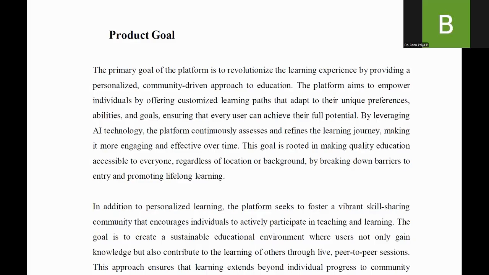So if you see, the product goal in Agile, specifically within the Scrum framework, is a long-term objective that describes the desired future state of a product. It serves as an important point for the Scrum team, providing the context, direction, and the way to measure the progress towards the broader product vision. So we have seen product vision. Under product vision, why? Why in the sense, for example, why are we moving towards this particular product, right?